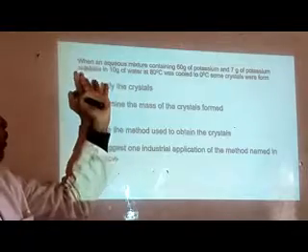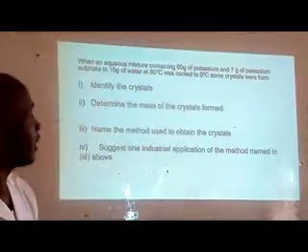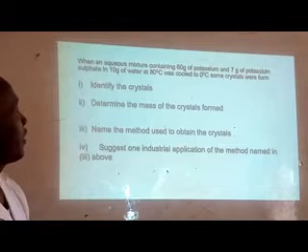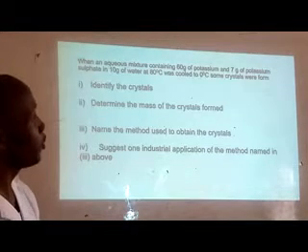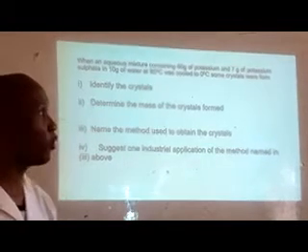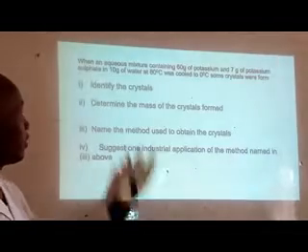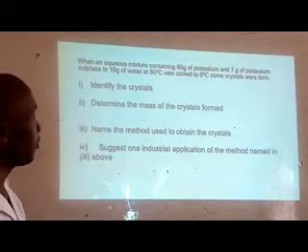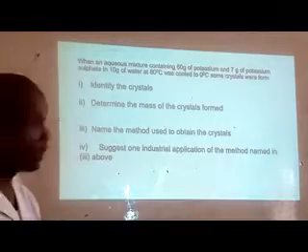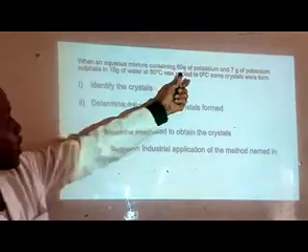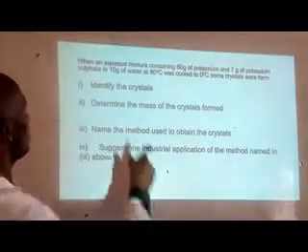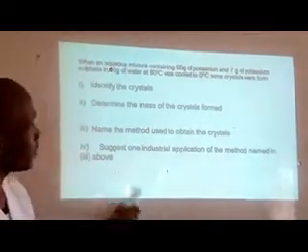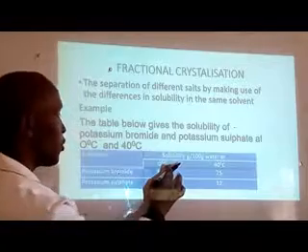An aqueous mixture containing 60 grams of that and 7 grams of that in 100 grams of water at 80 was cooled to 0, and some crystals were formed. You're asked to identify the crystals. Can you do that? You can get back to the table and compare. It contains 60 grams and 7 grams in 100 grams of water at 80. Get back to 0,